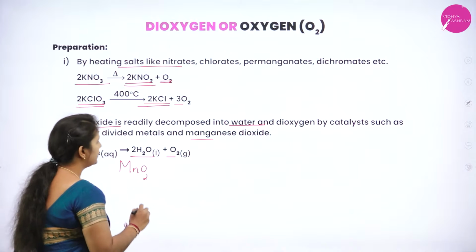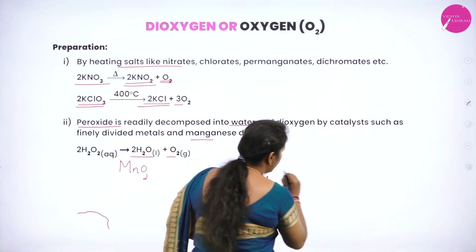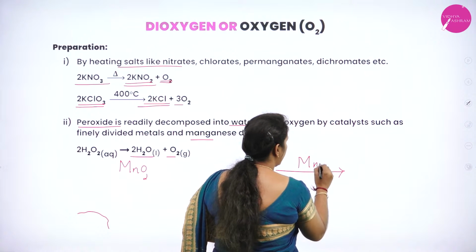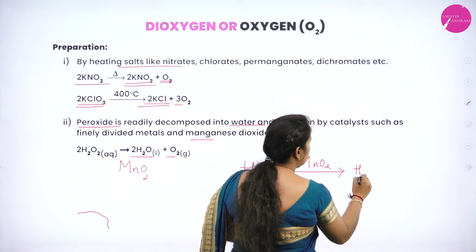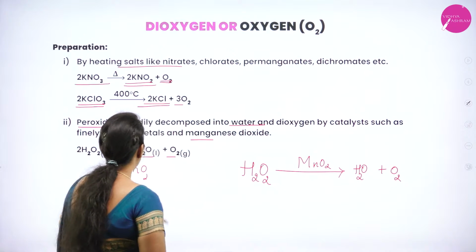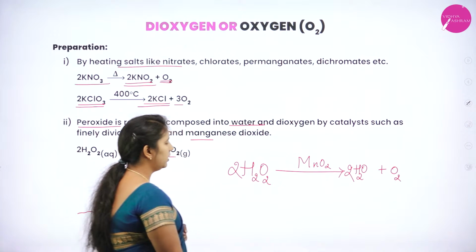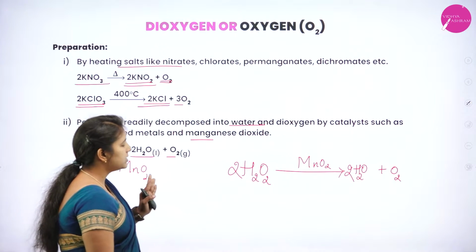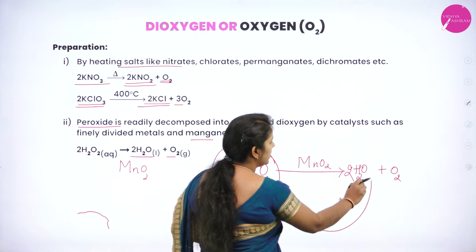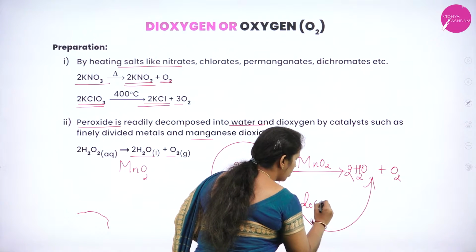So I can rewrite this reaction as hydrogen peroxide in the presence of a catalyst like manganese dioxide gives rise to water molecules with the formation of dioxygen, and if you balance this equation, this is a balanced equation. So this is how a single reactant can give rise to two or more products and hence it undergoes decomposition